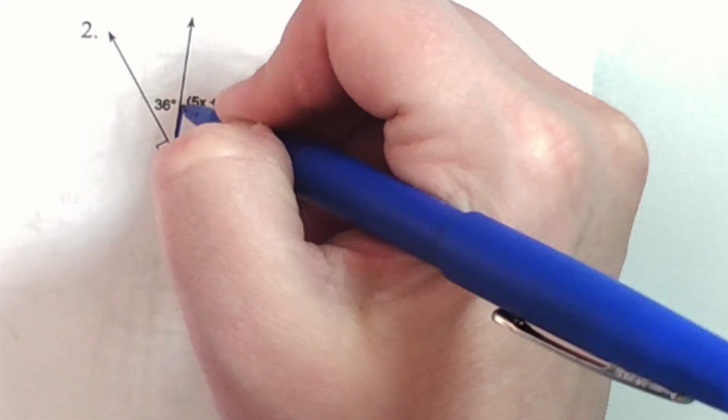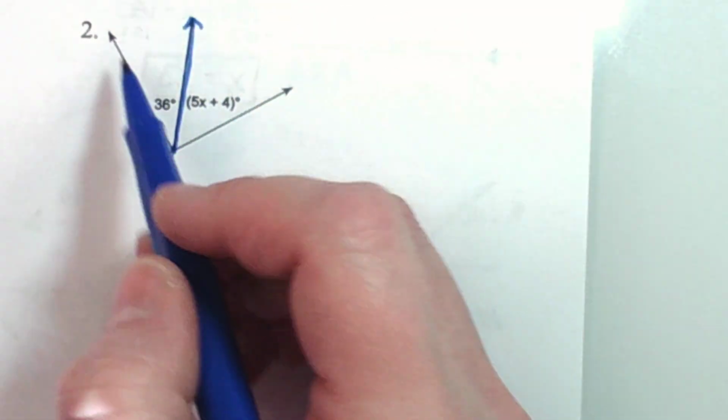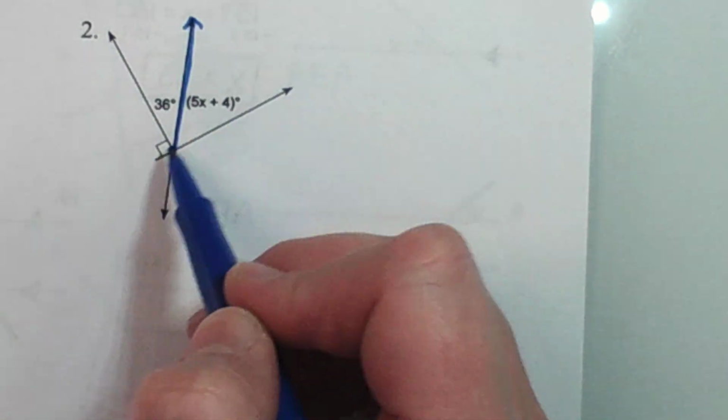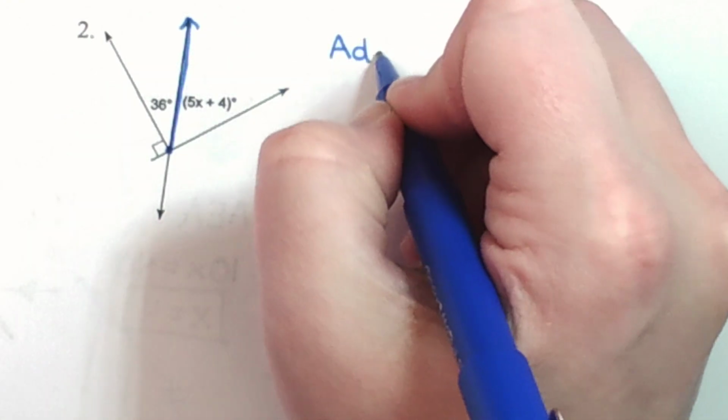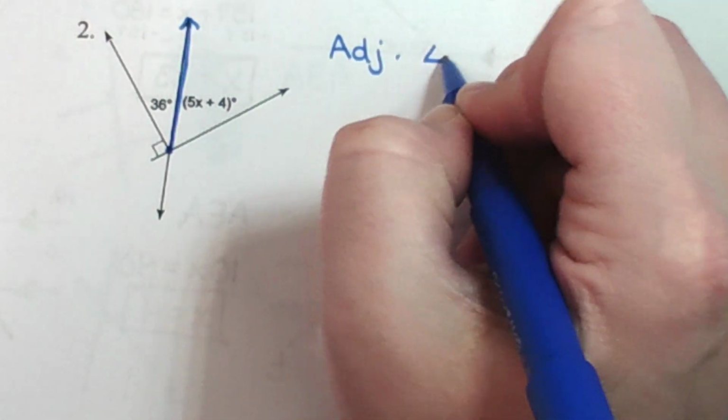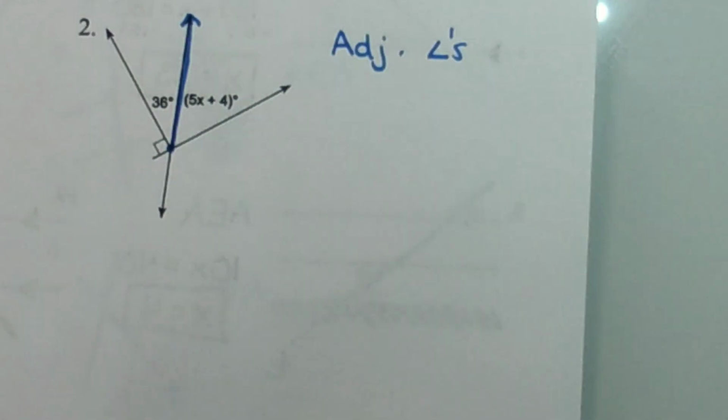Are these vertical angles? No. Are they a linear pair? No. A linear pair says they share a middle line. These two do. But it also says that the two lines they don't share create a straight line. Jerry, what are they? Adjacent. Adjacent angles